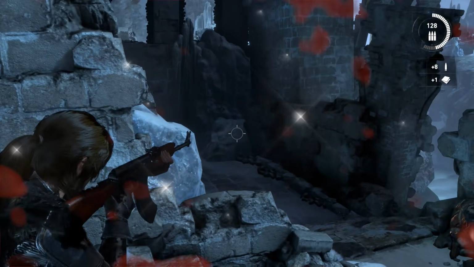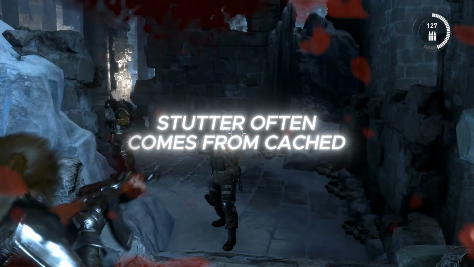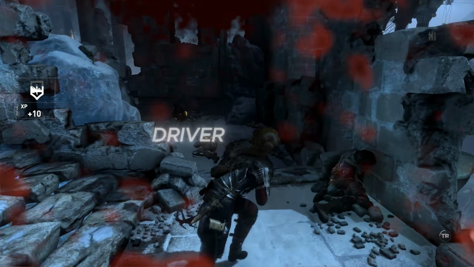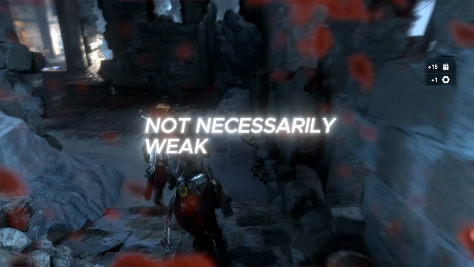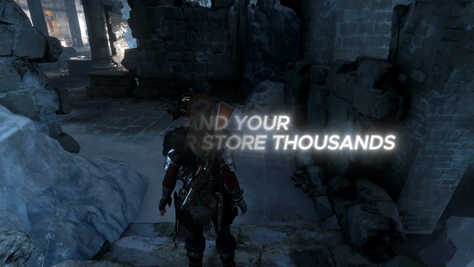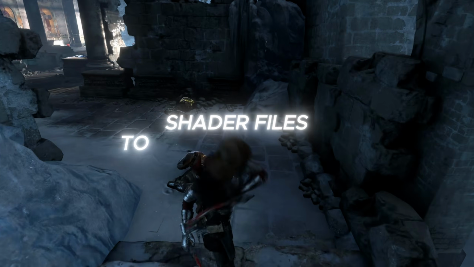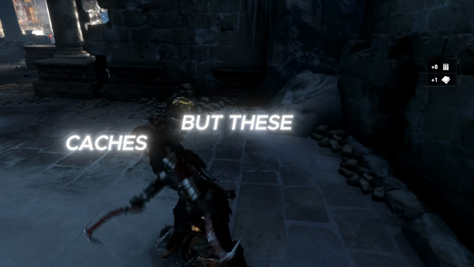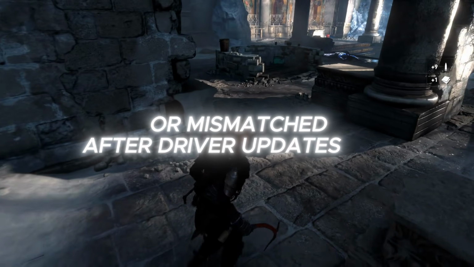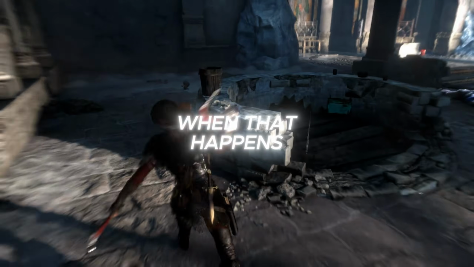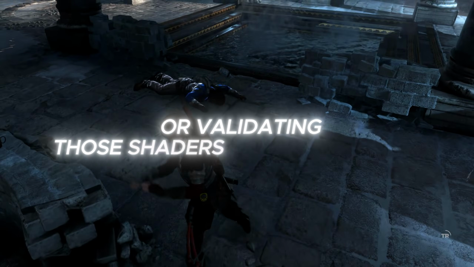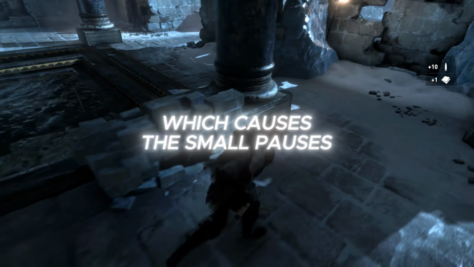What many people don't realize is that shader stutter often comes from cached shader files, Windows graphics behavior, or GPU driver settings, not necessarily weak hardware. Over time, Windows and your GPU driver store thousands of compiled shader files to speed up loading, but these caches can become outdated, fragmented, or mismatched after driver updates and game patches. When that happens, the system spends extra time rebuilding or validating those shaders during gameplay, which causes the small pauses